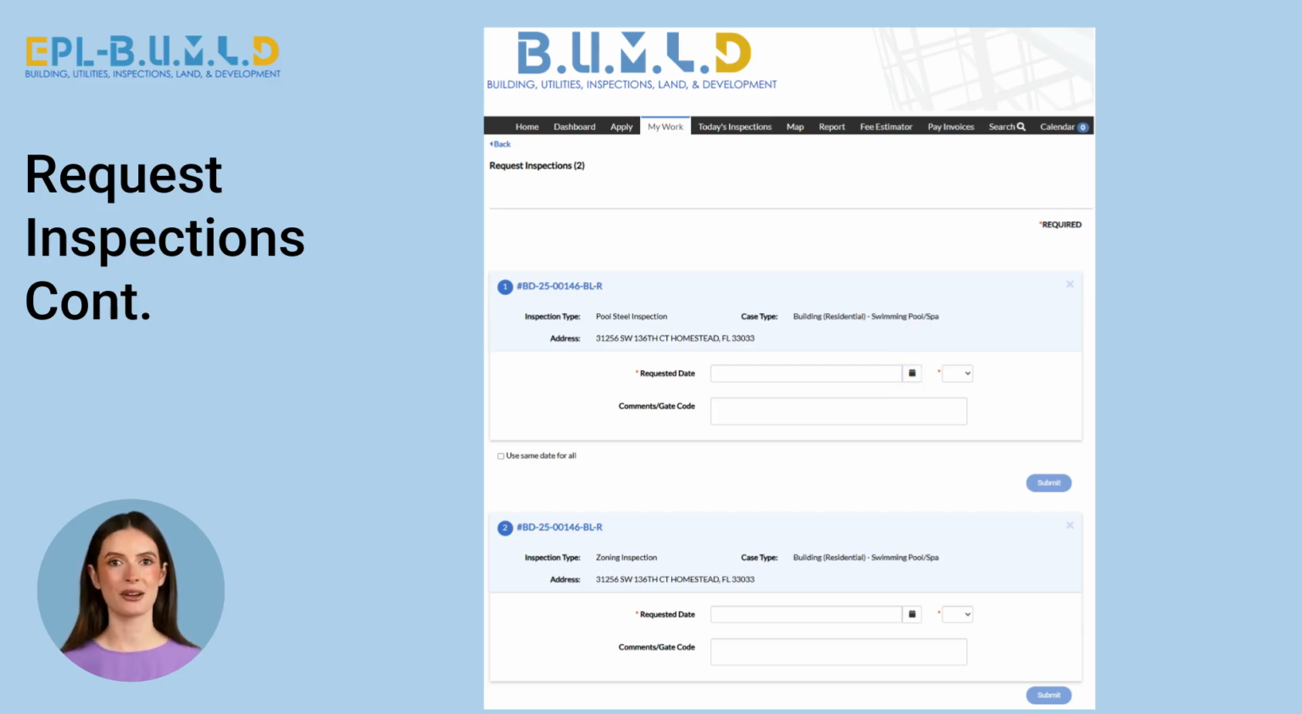Then select AM or PM from the drop-down to the right of the date. The field labeled comment/gate code is optional. However, it can be used to provide special instructions for the inspectors. As the name of the field suggests, if an inspection is in a gated community, please provide the gate code